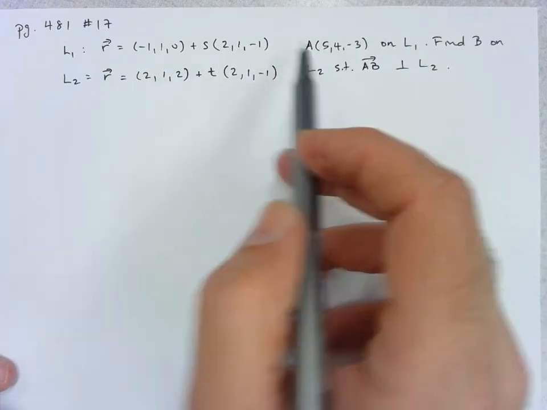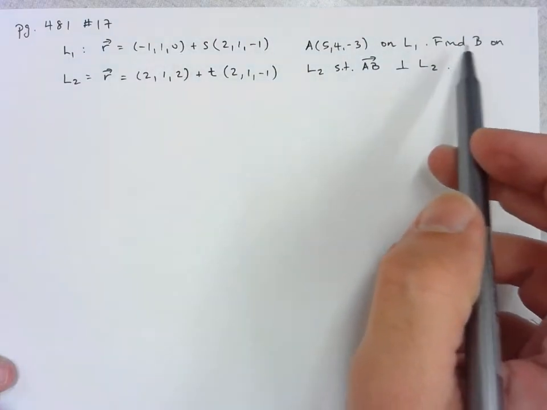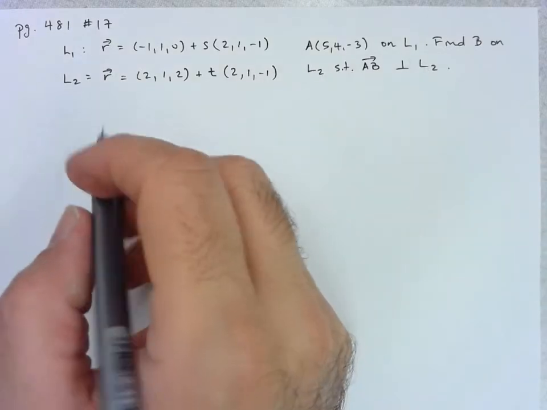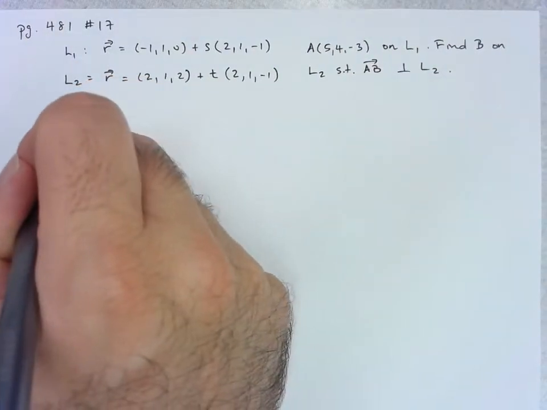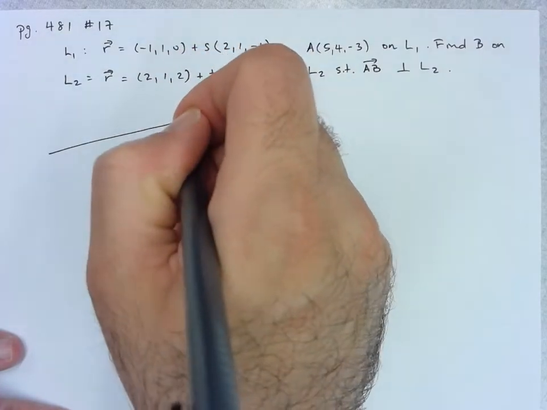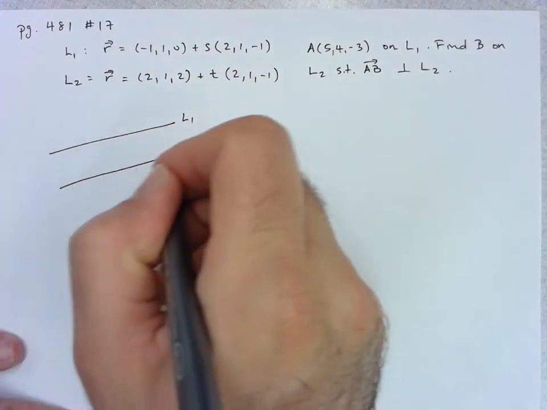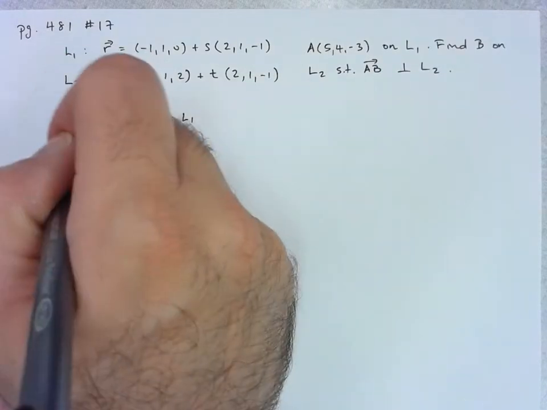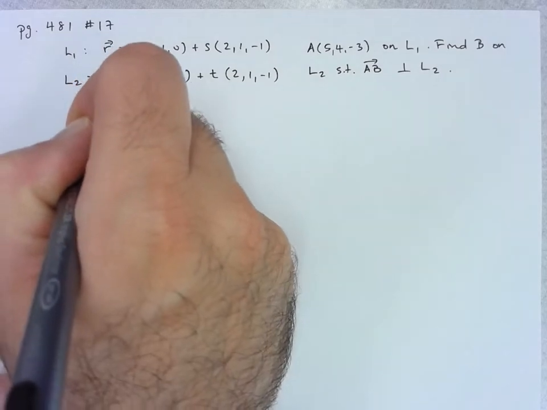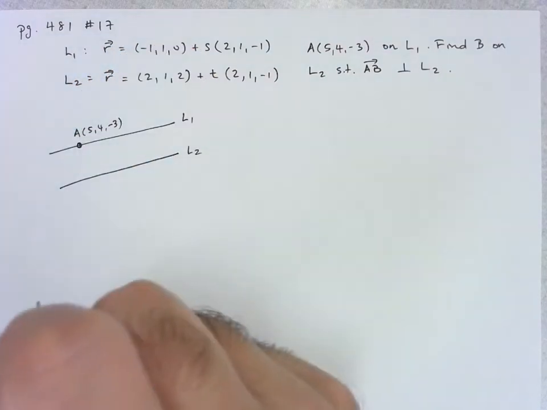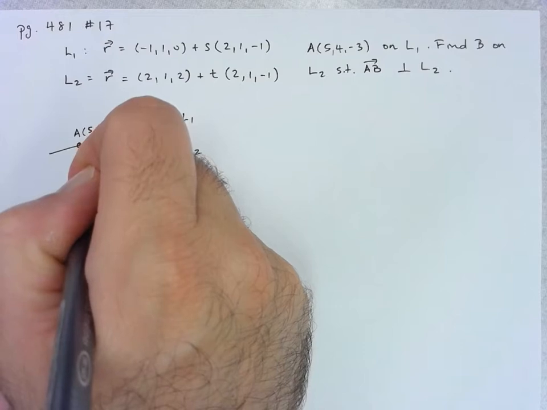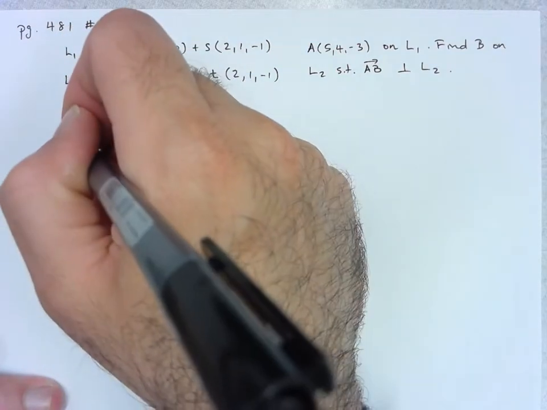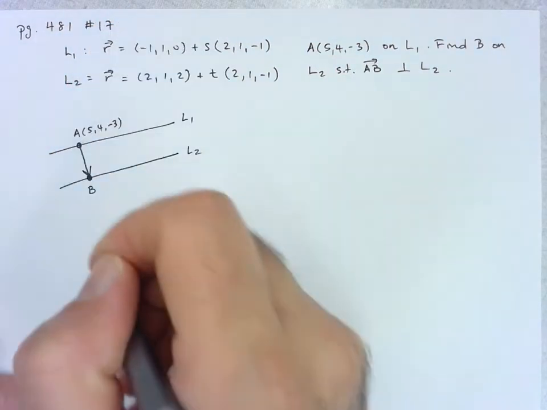But they tell us that the point A is on line 1, and they want us to find a point B on line 2 such that AB is perpendicular to line 2. So again, the best thing to do here is to draw a diagram, so we can really get a sense of what's going on. If I call this L1 and I call this L2, we know that they're parallel to each other. And we've got A, which is on L1, and we're looking for that point B on L2 such that the vector from A to B